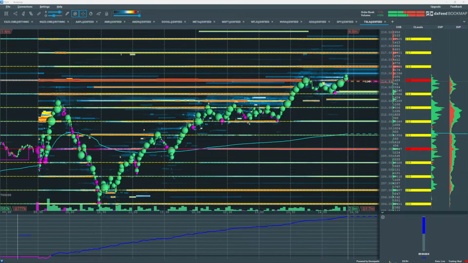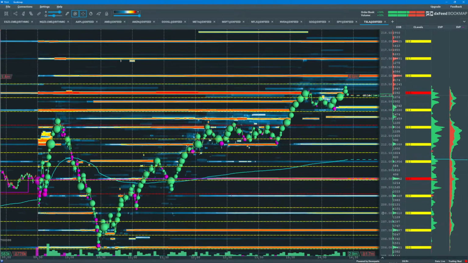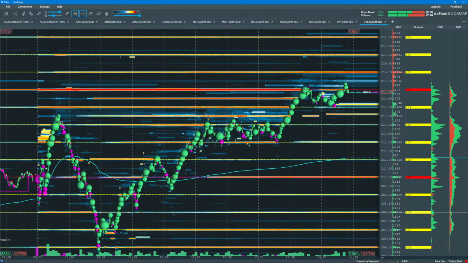All right, Sam asks, how do lagging indicators impact a trade? I'm not sure. I don't know what indicator you're talking about. First of all, here in Bookmap, I'm just looking at order flow. So I'm looking at what aggressive buyers and sellers are doing.